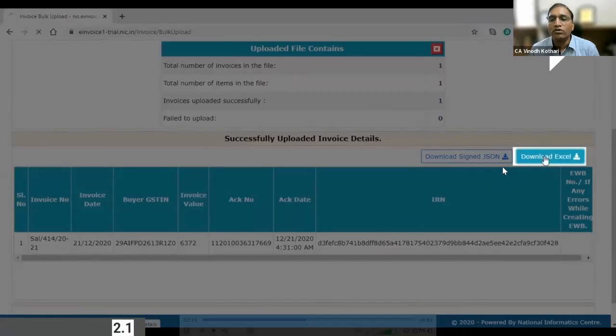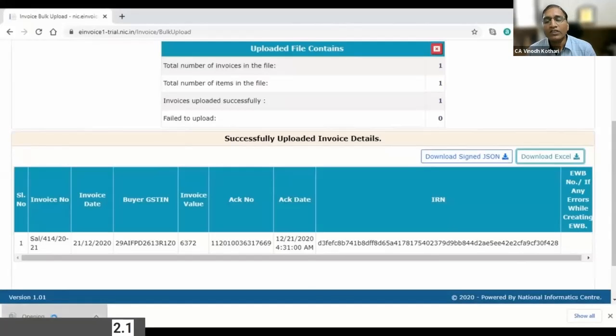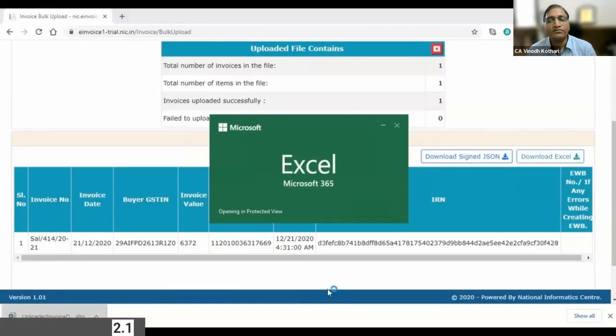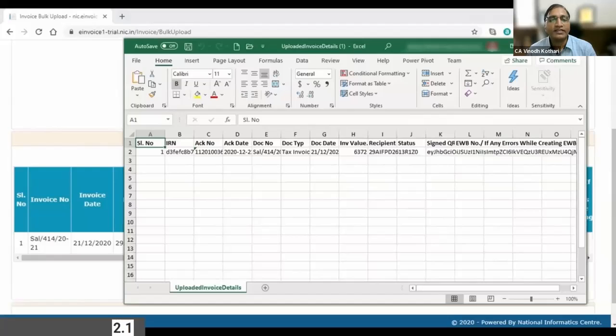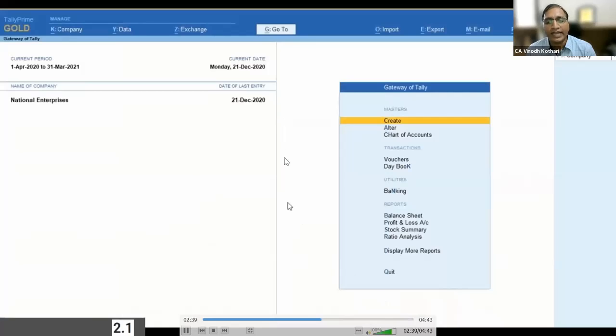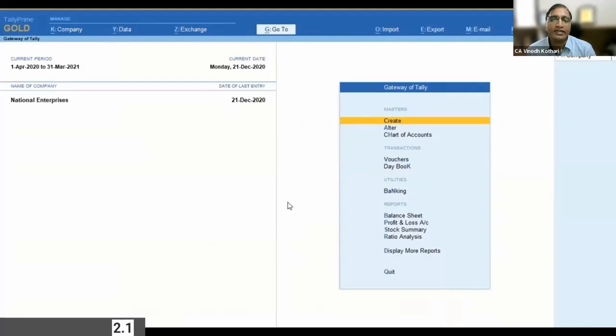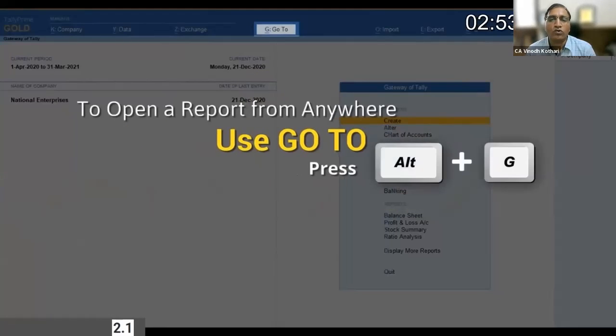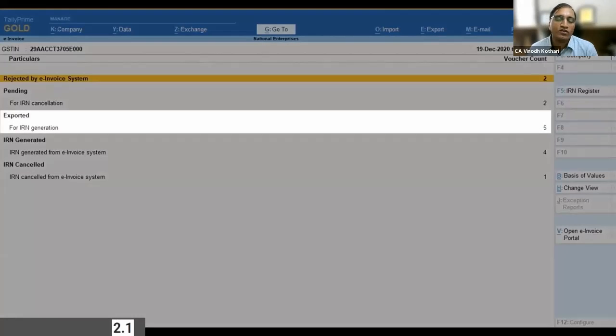You have to download this Excel file. This is the Excel file. You have your ARN number, but the QR code is not there. Only the IRN number, acknowledgement number, and date data is there. Since you have generated offline, you have to go to Tally, use the go to screen and type E-Invoice report.